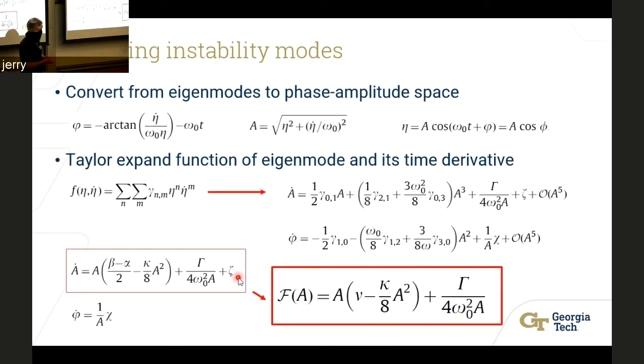The more math, the methods that we use, is basically converting the eigenmode into a phase amplitude space. And what this does is it allows us to eventually back out our combustion parameters. So based off of your acoustic modes, which is basically an eigenmode problem, you can figure out the phase and amplitude as a function of those eigenmodes.